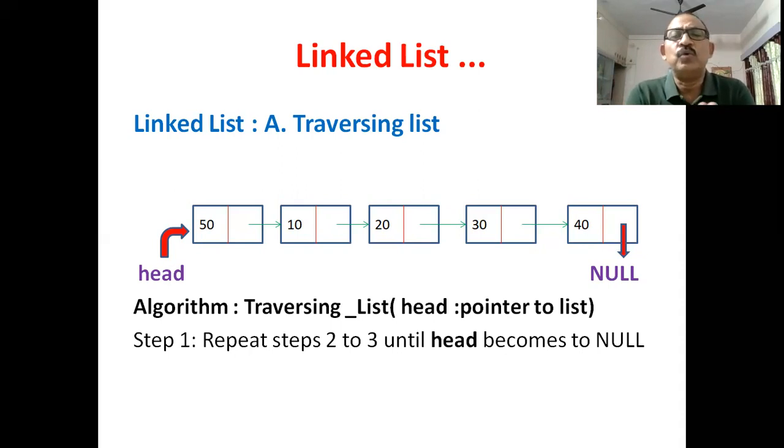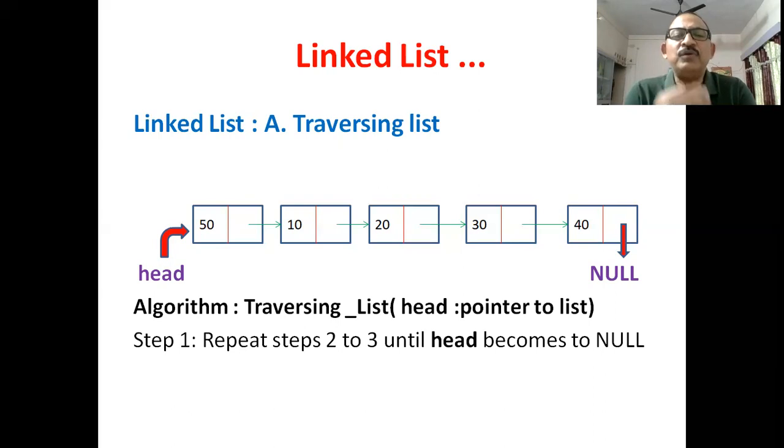Suppose we want to go to the next node. So how will you go? You simply set head equal to head followed by arrow and followed by next. Then this head points to the next node in a linked list. Process that node, and how will we process? Simply head followed by arrow and followed by the name of the field. Here the name of the field is data. So head followed by arrow followed by data gives the access to the second node item.